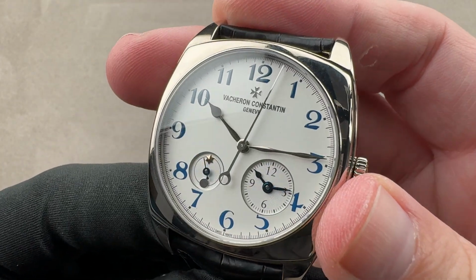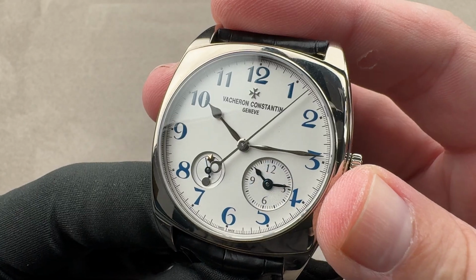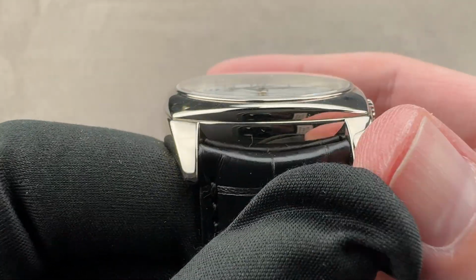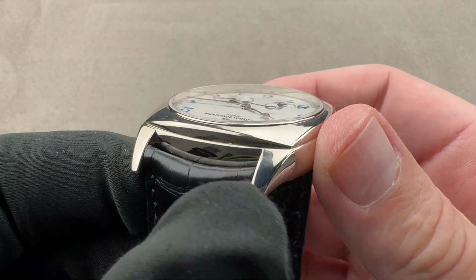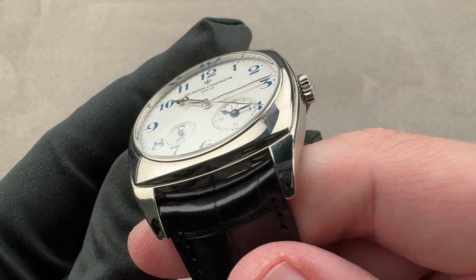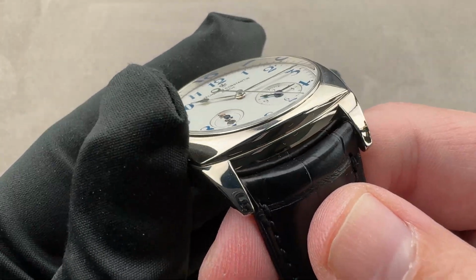And of course, based on a historic Vacheron Constantin timepiece, it does have roots in the company's actual history. There is another Maltese cross on the crown. You can see that we have a case that is smooth, polished. This is white gold, but it's gray gold. Gray gold is an upscale 18-karat white gold that doesn't need any white metal plating such as rhodium. So it's white all the way through, and it doesn't need to be plated, and it can't wear through to